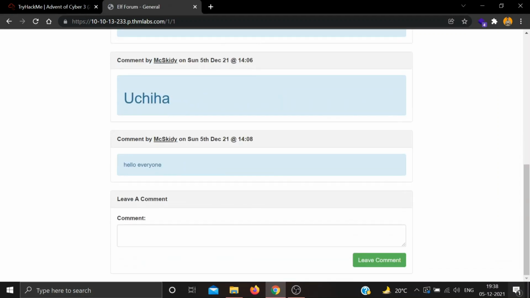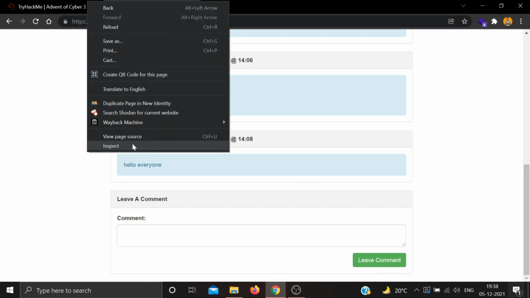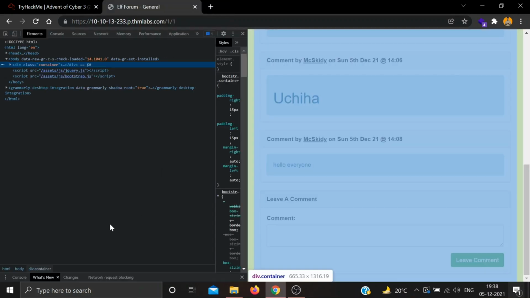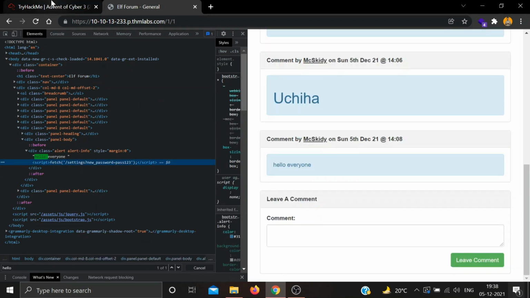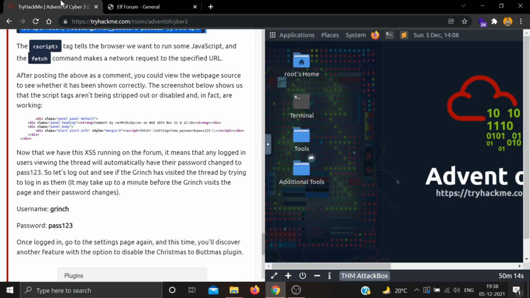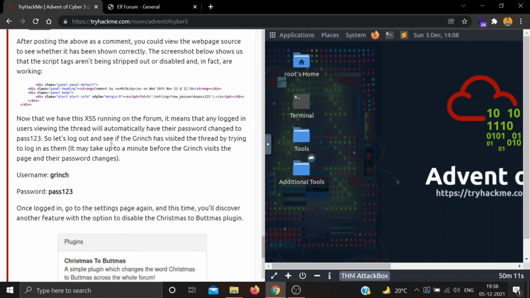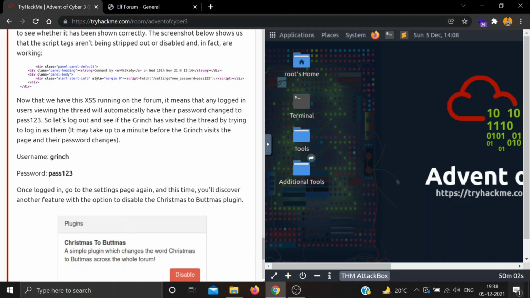You can see only hello everyone is visible, but if you go to inspect and search hello, hello everyone is visible and our payload is also visible here. So now we have XSS running on the forum. It means that any logged in user viewing the thread will automatically have their password changed to pass123.